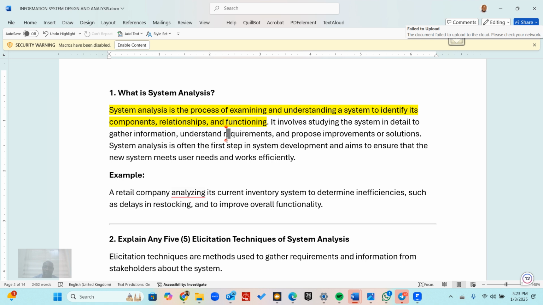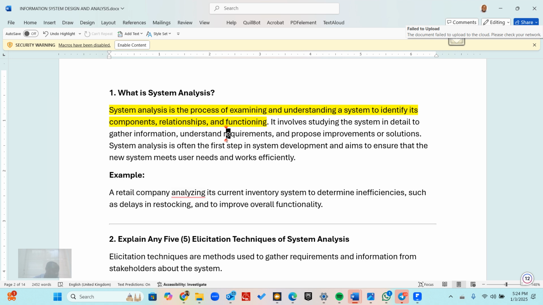It involves studying the system in detail to gather information and understand the requirements and purposes, improvement, and solution. So this involves studying the system in detail, gathering the information, understanding the requirements, and proposing improvement or solution for the system. System analysis is often the first step in system development. It aims to ensure that the new system meets new user needs and